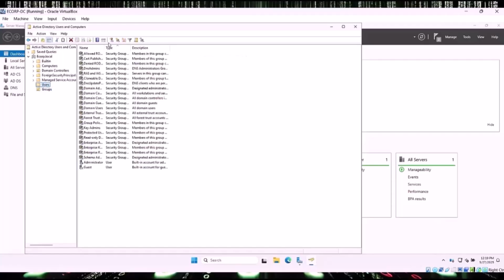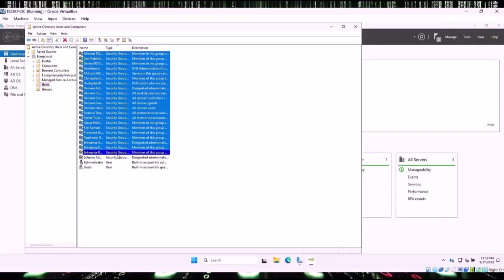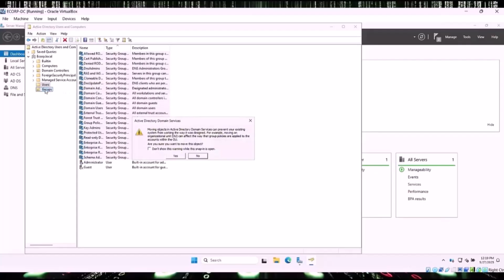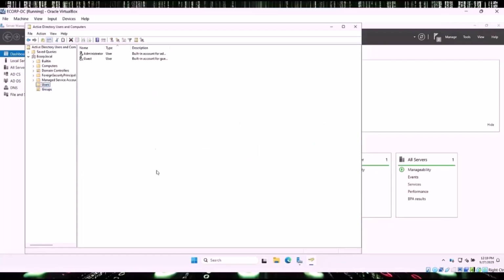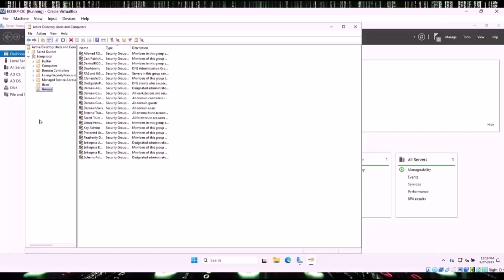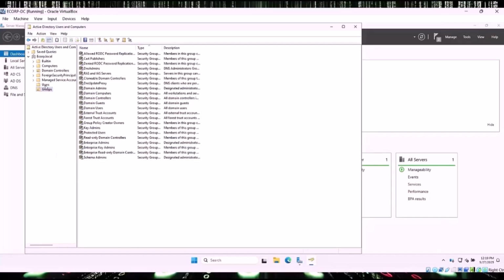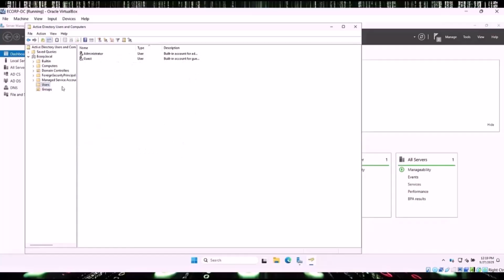So we go back to Users. We're still sorted by the type. So I'm going to highlight all the security groups and just drag them over to the Groups folder. And now we have a Users folder, which by default just has an administrator and a guest account, and we have a Groups folder, which lists all the default groups. So the first one we'll configure is the users. So we'll go to Users,